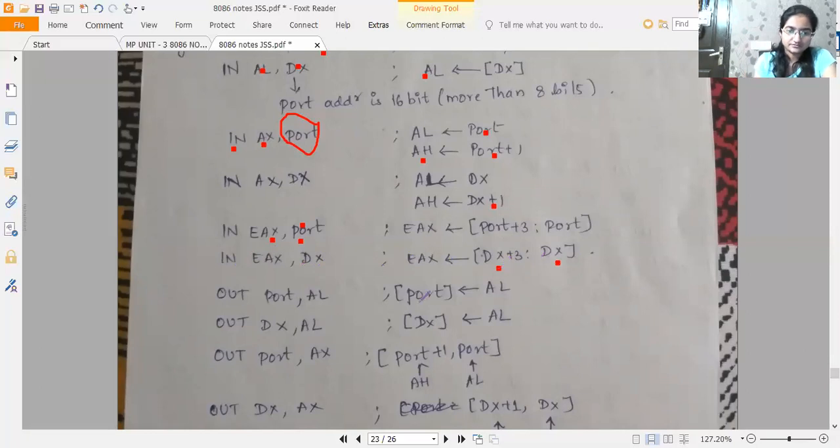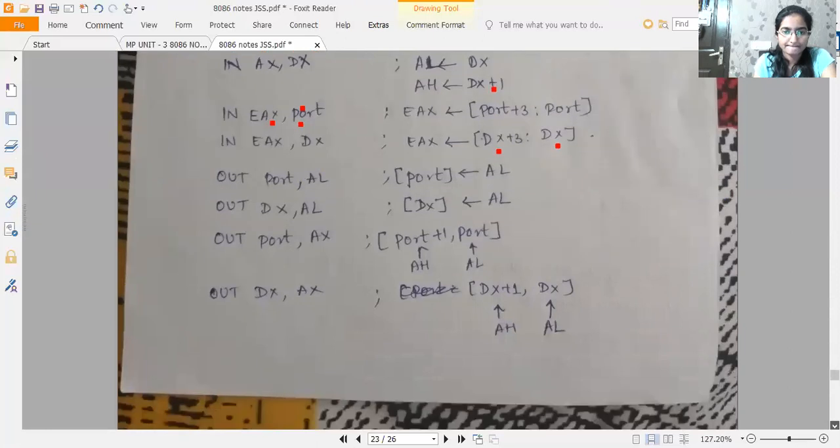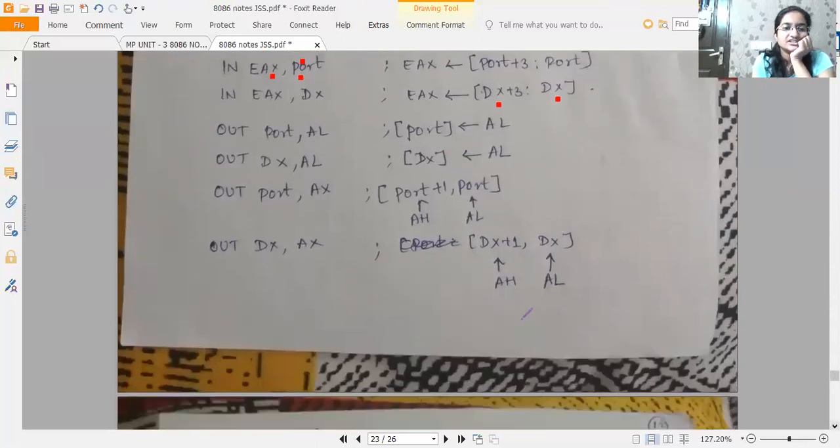Okay. OUT port, AL. What does that mean? Opposite to IN. We are loading the content of AL to the particular port address mentioned. Similar to that, for OUT DX, AL, DX is holding the address of the port which is more than 8-bit. Okay, OUT port, AX.